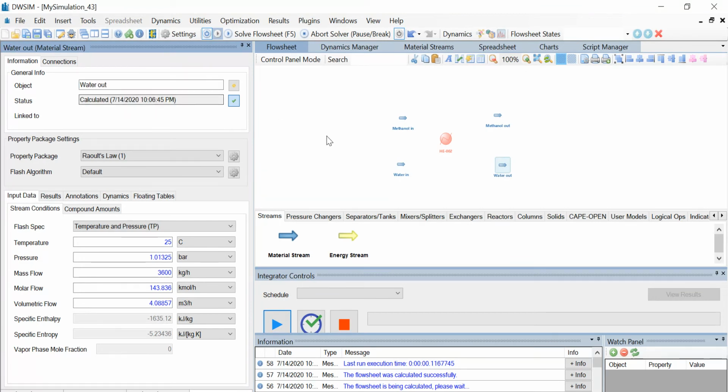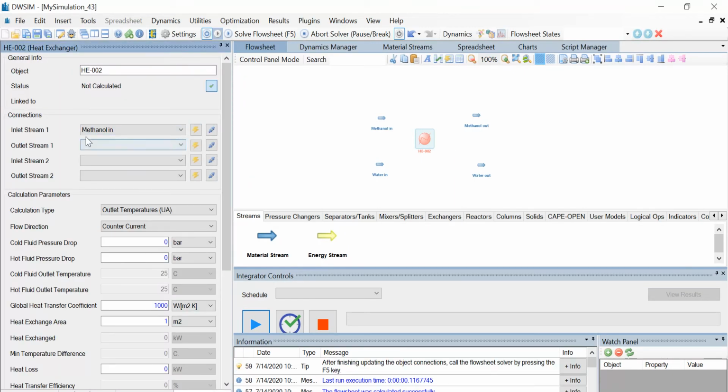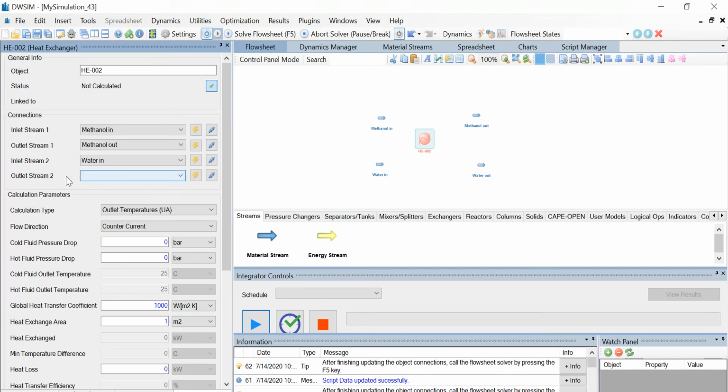Now click on the heat exchanger and connect the inlet stream 1 as methanol in and the outlet stream 1 as methanol out. Similarly, inlet stream 2 will be water in and outlet stream 2 will be water out. You can see that the streams have been connected to the heat exchanger.